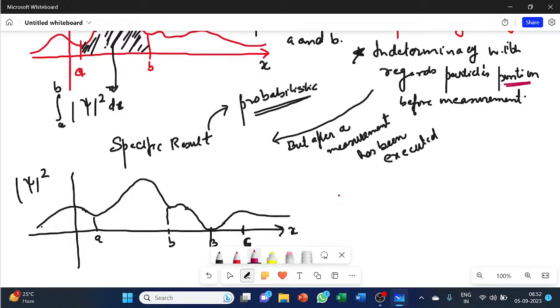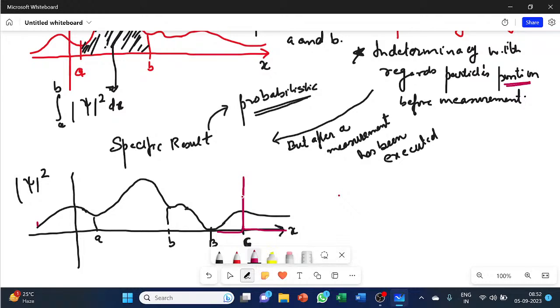Initially, I can say that the particle is everywhere from here to here. I don't know where it is. Prior to measurement, I have no idea. But once the measurement has been made, let's say my particle is at C, so I'll see a spike over C. It represents that my wave function, which was this, has collapsed to this particular thing. So this is one of the experimental facts, and you can say this is one of the postulates. If your particle is in a general state, it is going to collapse into one of the eigenstates. This is how it is said in matrix mechanics.